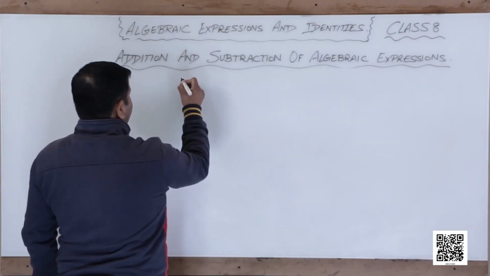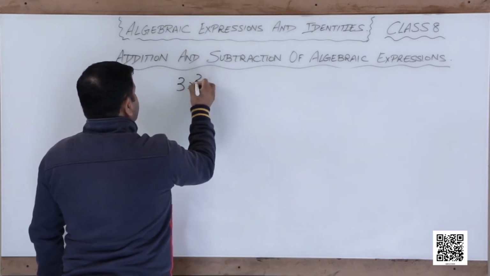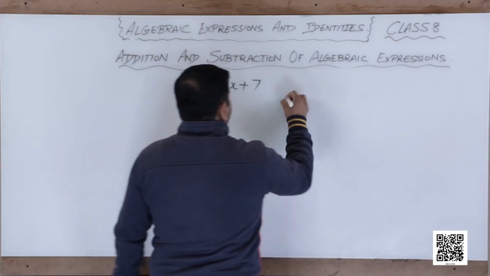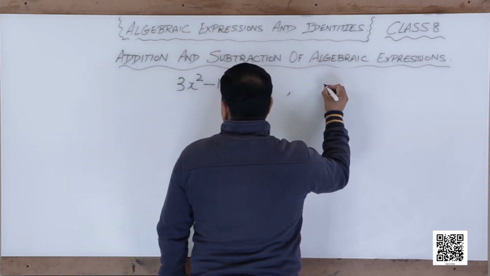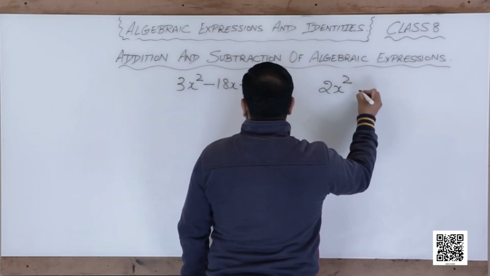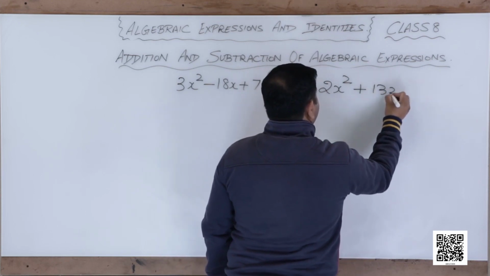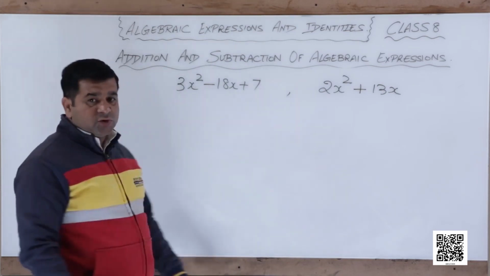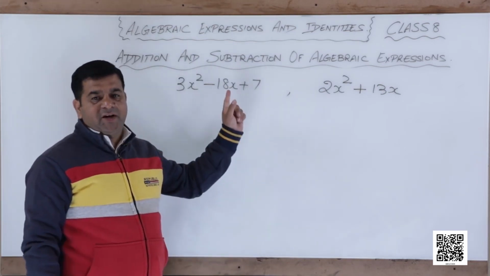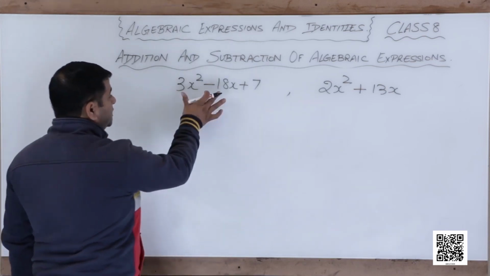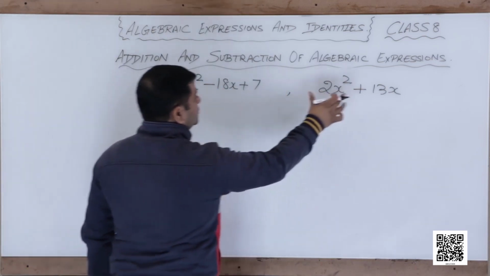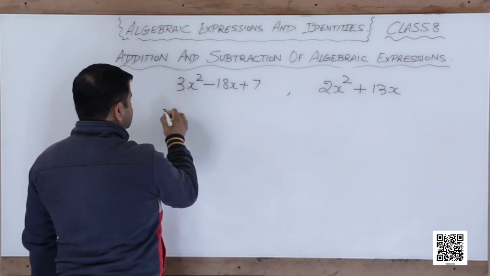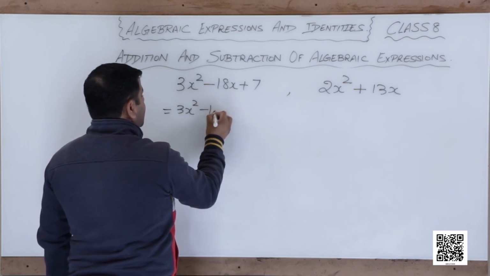See, first we have an expression 3x raised to power 2 minus 18x plus 7, and the second expression is 2x raised to power 2 plus 13x. Now we have to subtract them. So students, always remember, during subtraction of algebraic expressions, we will first write the first expression. If we have to subtract this from this expression, then we will write this expression first, 3x square minus 18x